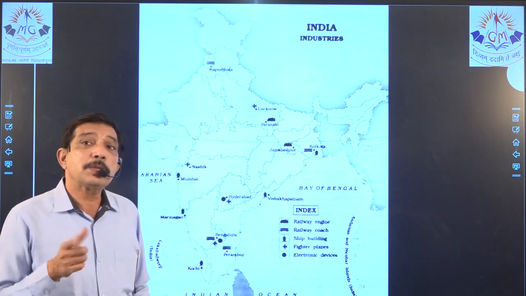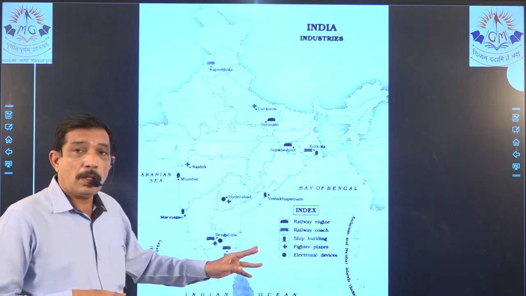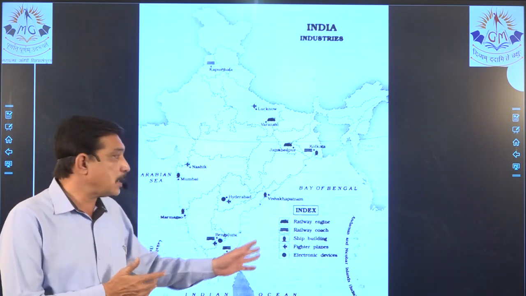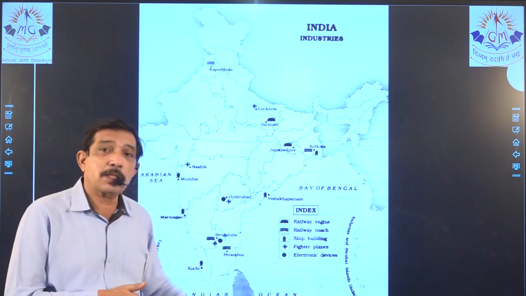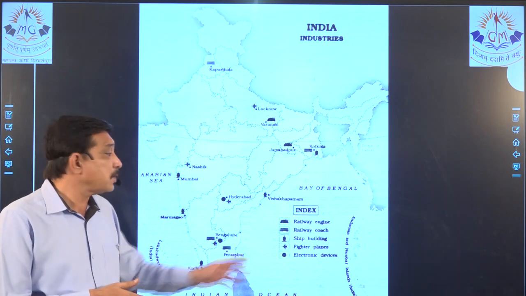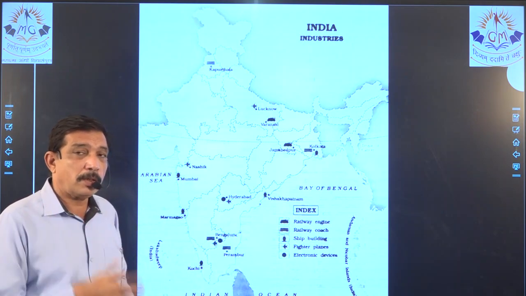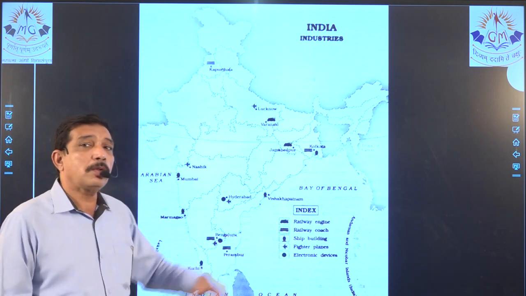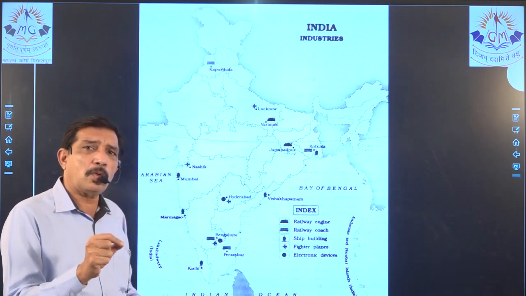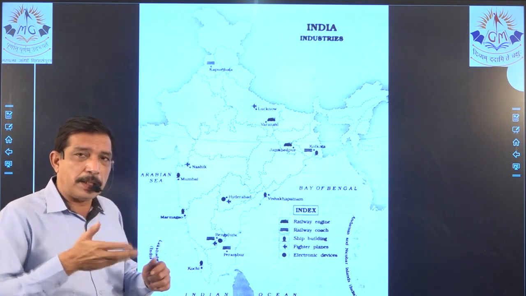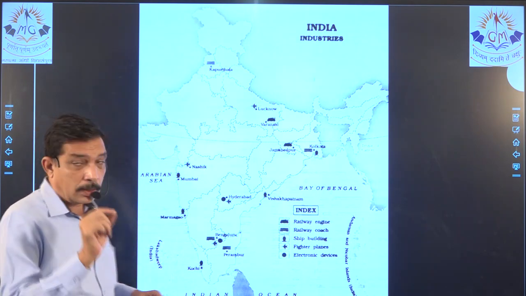Railway engine, this is very, very important. Now you don't draw a railway engine over here as it is shown. This is because lots of things are shown over here, so that is why a railway engine is shown in the map provided with the material. You don't have to draw a railway engine, you put a star mark over there instead. Or you make a box and shade it small. So you make some other marking.